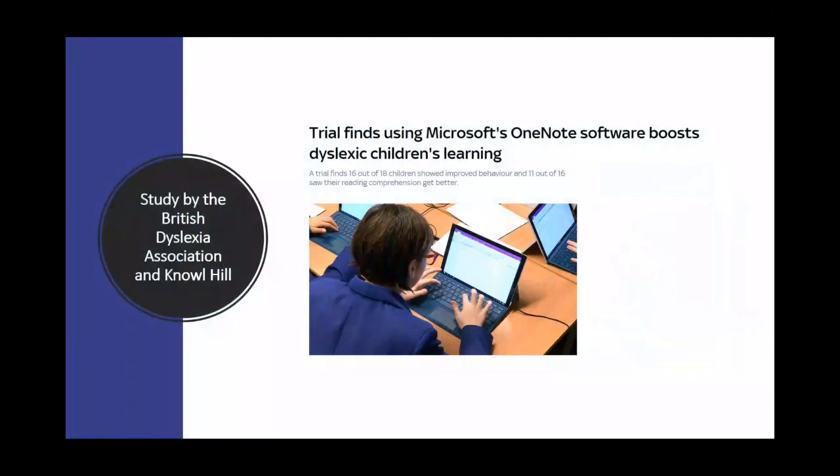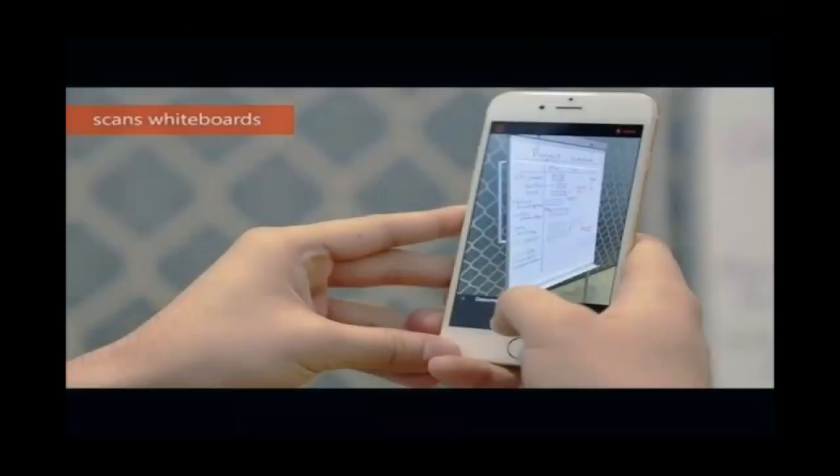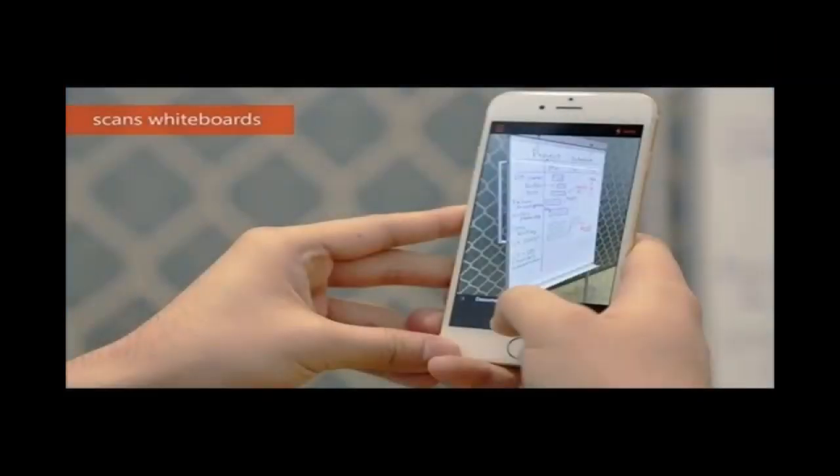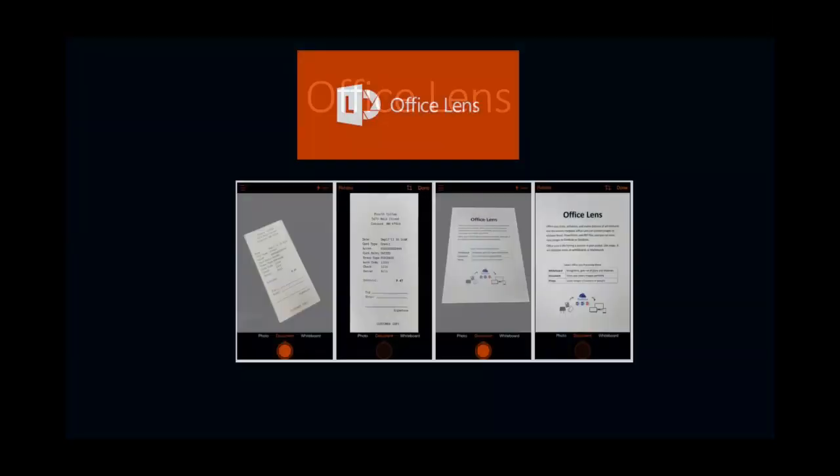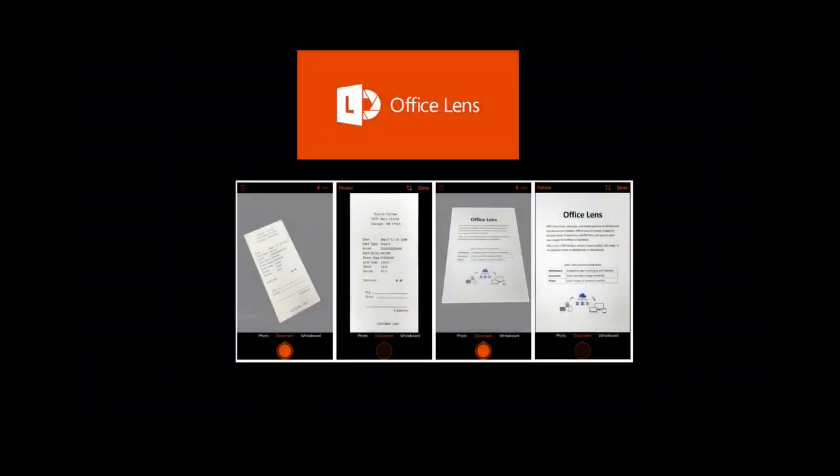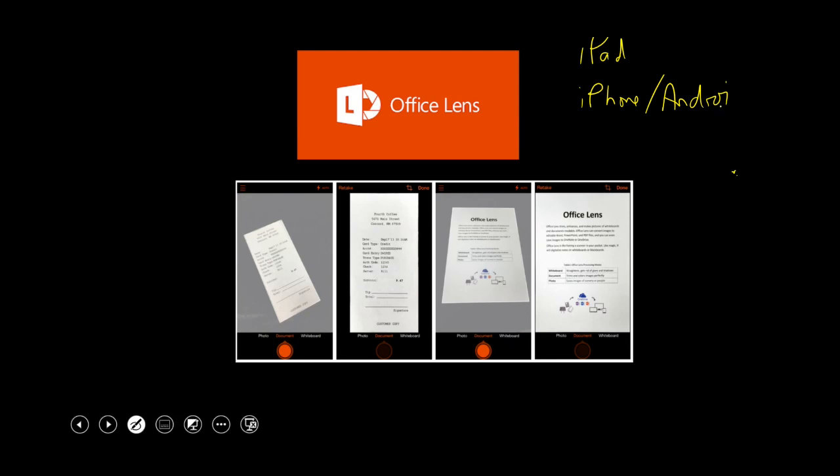So yeah, really great for students with dyslexia. There's been some independent studies that you can have a look at. I want to just quickly mention Office Lens, which also includes the Immersive Reader. Office Lens is an app that you can download for iPad, but also for iPhone and Android. I use it all the time on my Android phone, and basically it's just a camera or a pocket scanner. You can download it through the App Store, and what it does is when you take a photo of something,